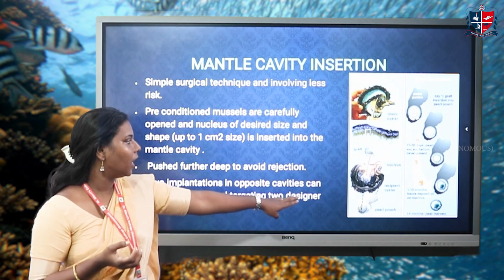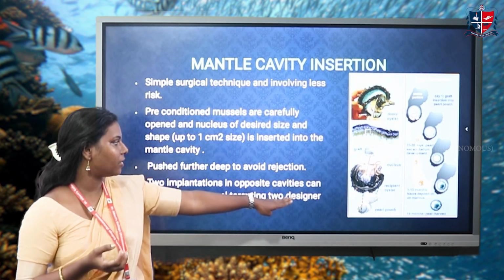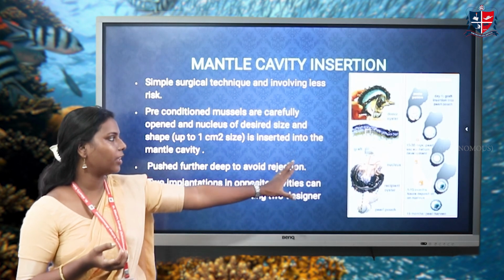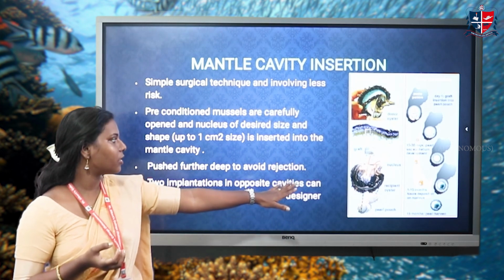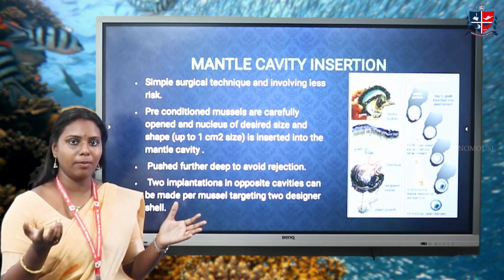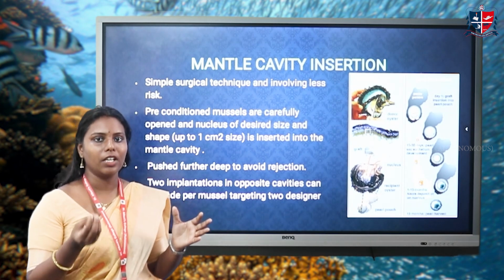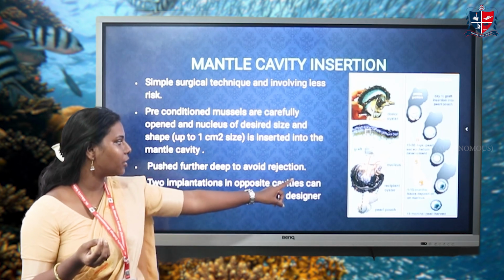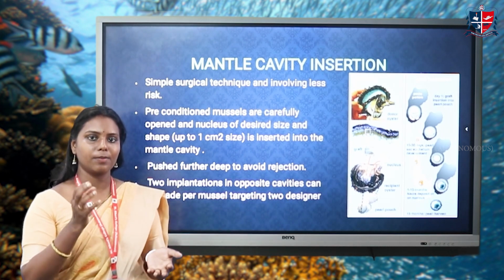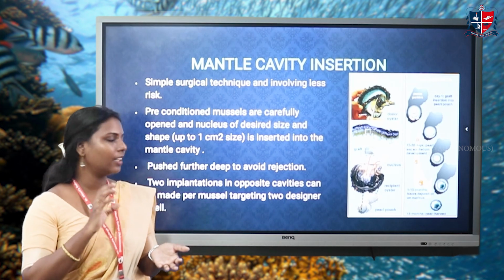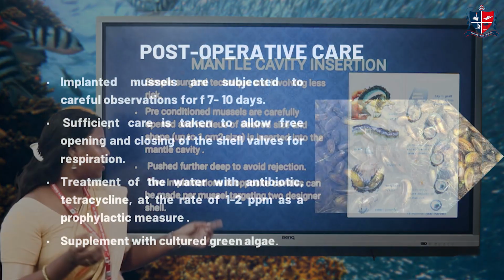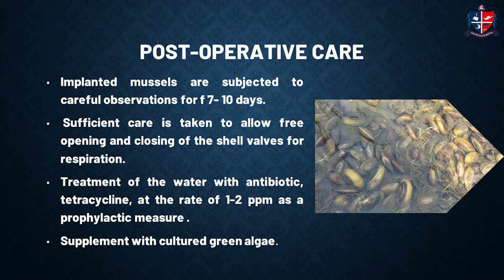You can see here a recipient oyster. This is a picture which depicts the surgery method used in the oyster. Here we can take oysters or mussels, any mollusk, for the production of pearls, so that the nuclei are incorporated into the mussel, and then later the nacre is secreted over that, and then it hardens and forms a pearl, and a lustrous substance is obtained. So the surgery is done.